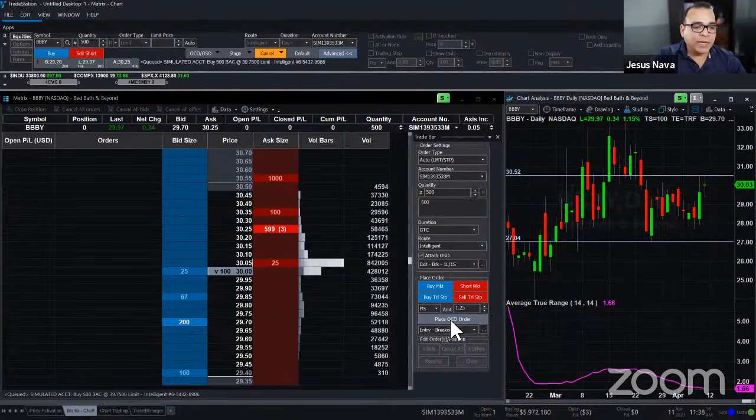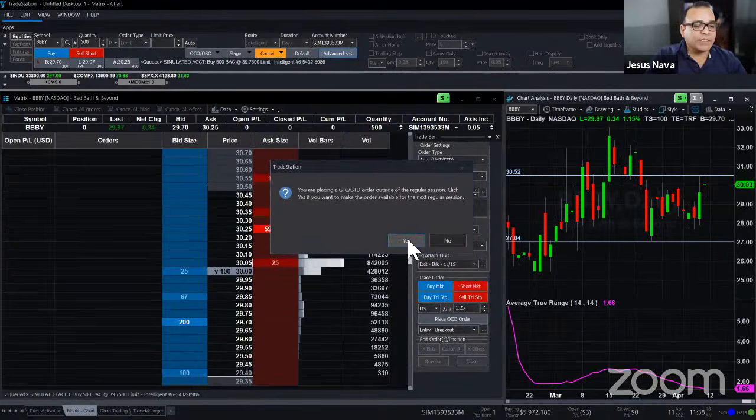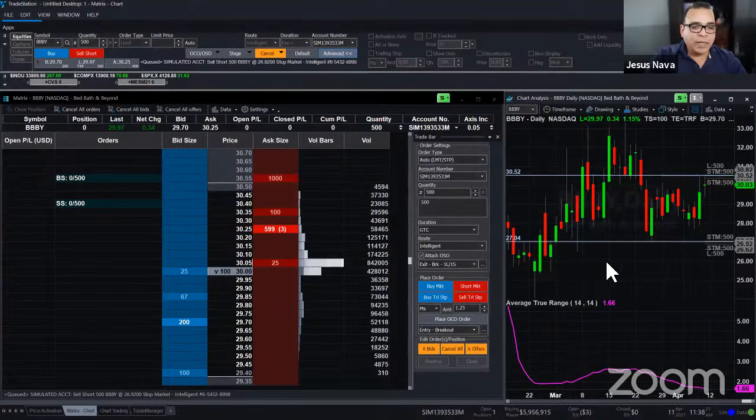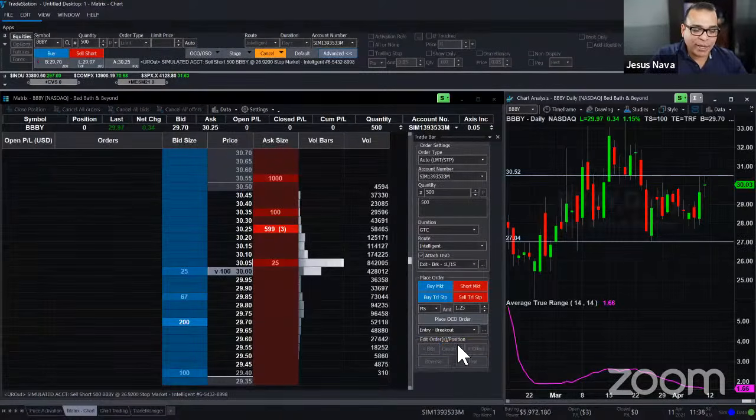let me do that again. I'm placing these orders. I have spaghetti right here on the chart. What happened is that I forgot to disable a checkbox. Let me go ahead and click on this cancel all yellow button and do that again. What I forgot to do is uncheck this box that says attach an OSO,